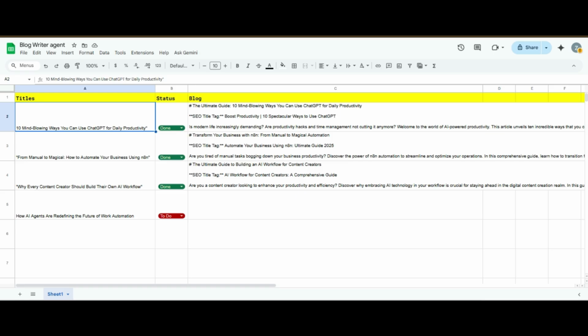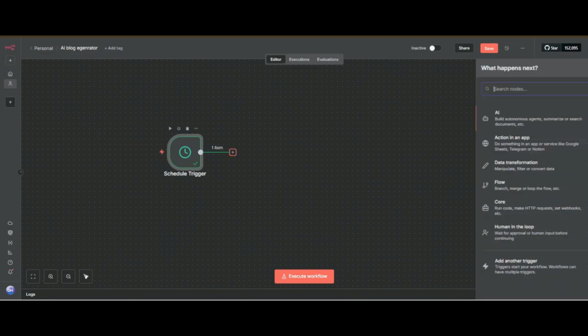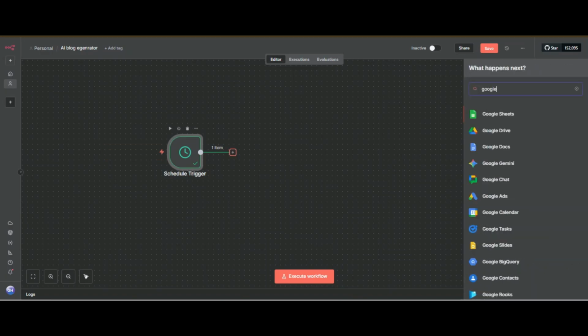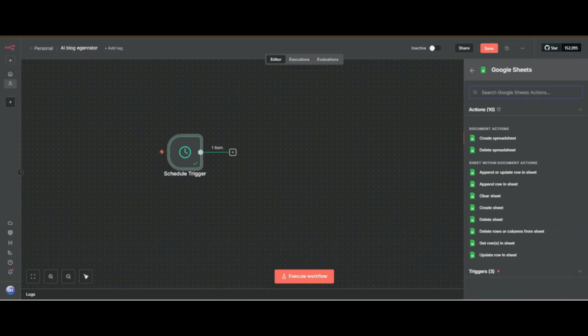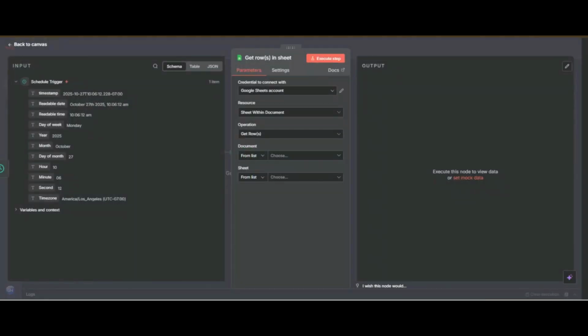You don't want the AI agent to pick number 2, then number 4, then number 3. You want it step by step. So how can you do this? We search Google Sheets, and here we want to get rows, get titles.